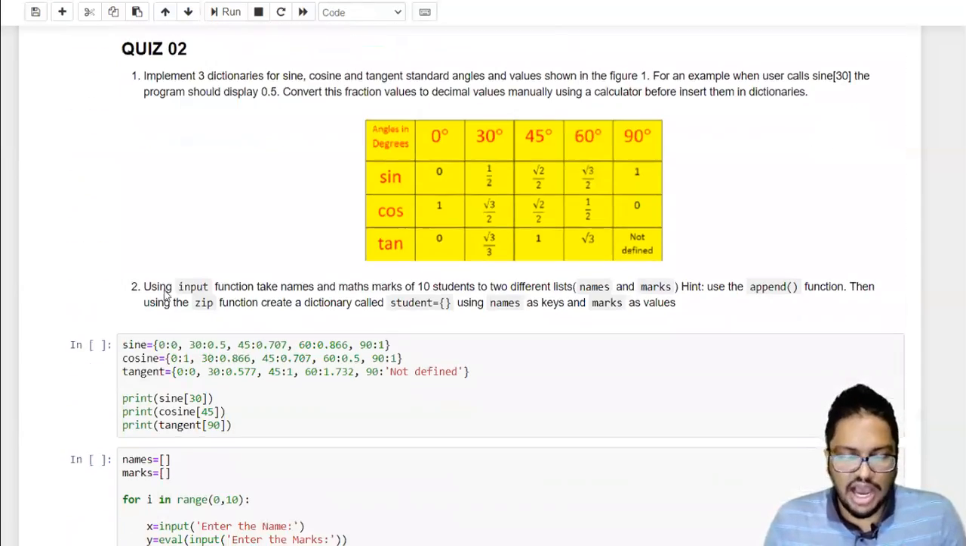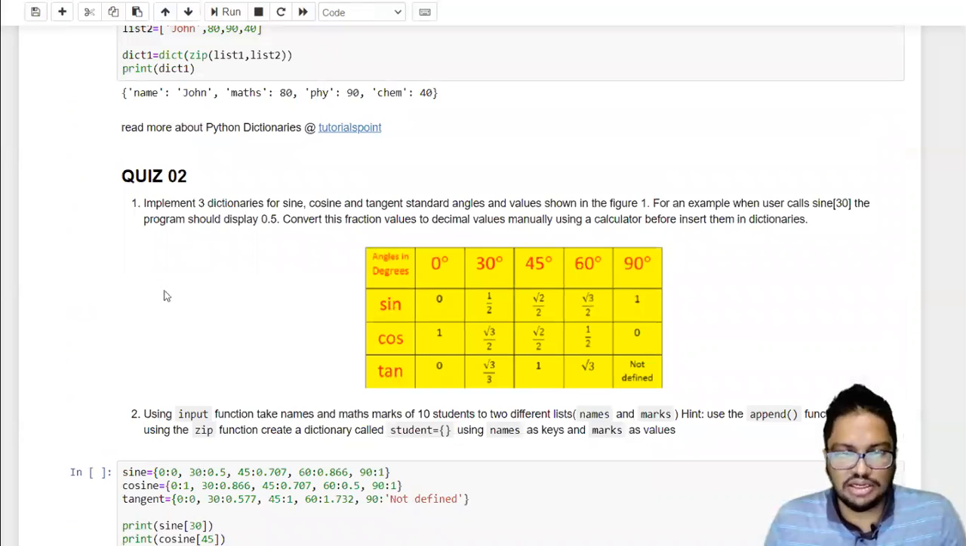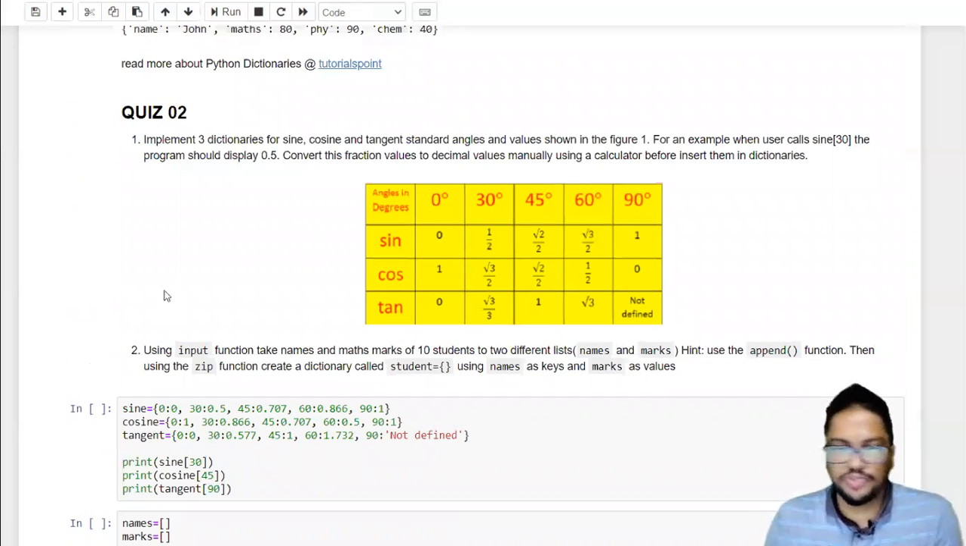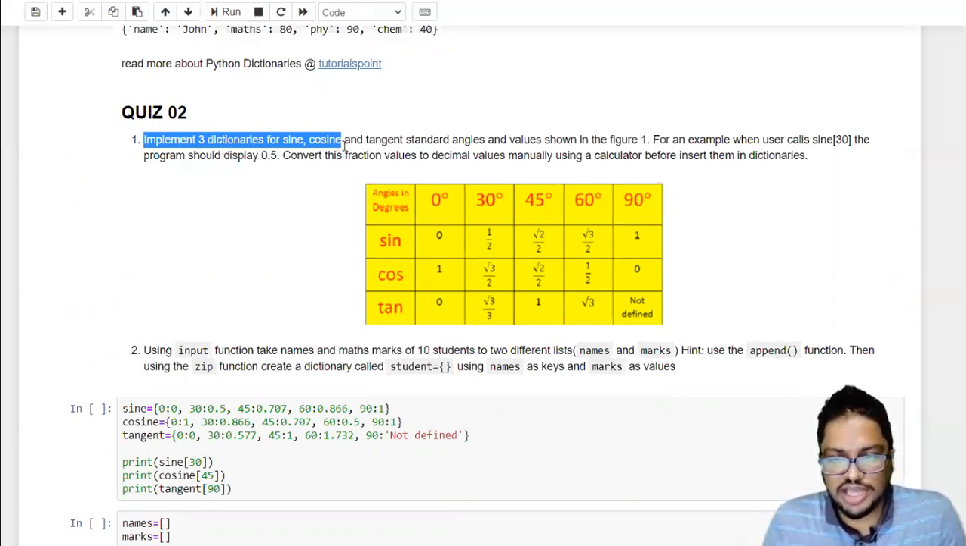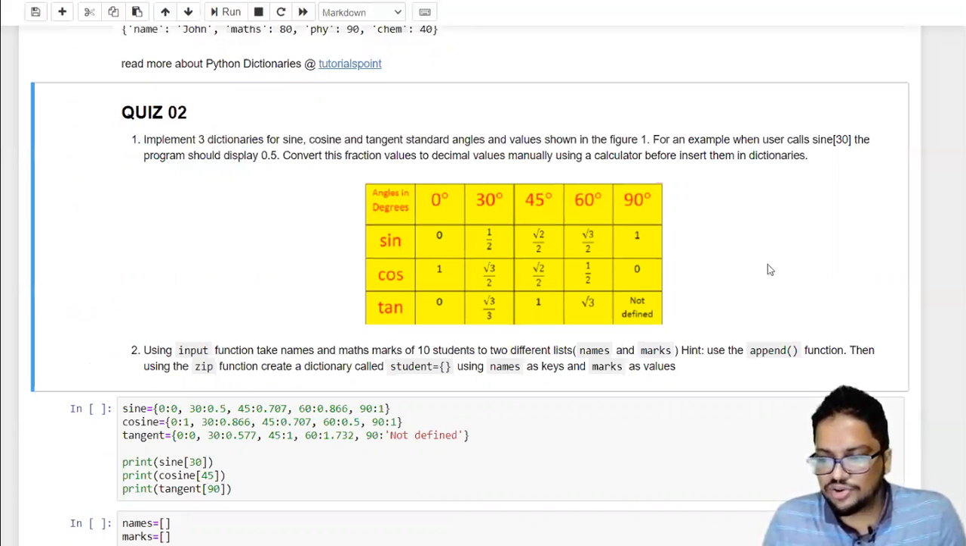So anyway, I will quickly go to the quiz, quiz 2, the last quiz we explained. You are asked to create 3 dictionaries for sine, cosine, and tangent, and the standard angle values are shown in the table, right? So here sine 0 is 0, sine 30 is 0.5. Likewise, we have the table. What you are asked to do is simply